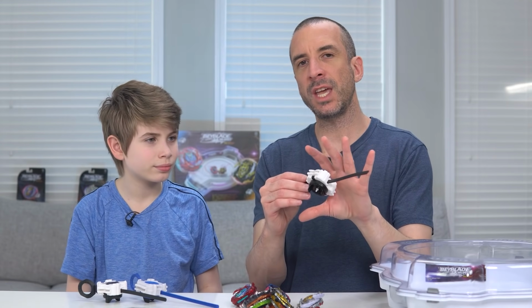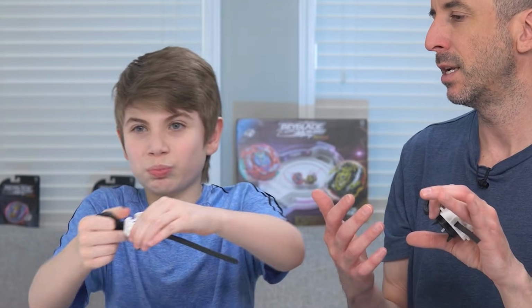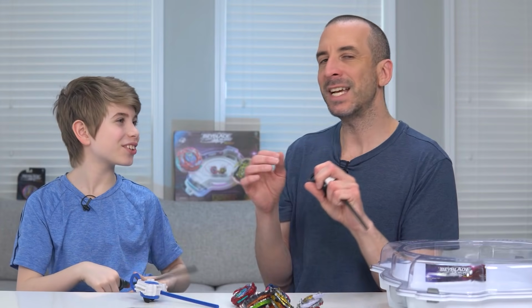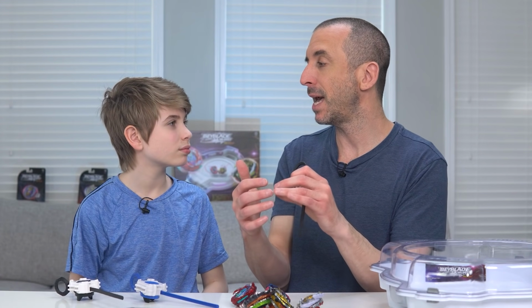So everyone thinks you might want to launch as hard as you possibly can, and that's going to give you a win. Is that going to give you a win? Not always. Yeah, not necessarily. It really depends on your type of bay. So if you have a left spin bay battling a right spin bay, depending on the type of bay and